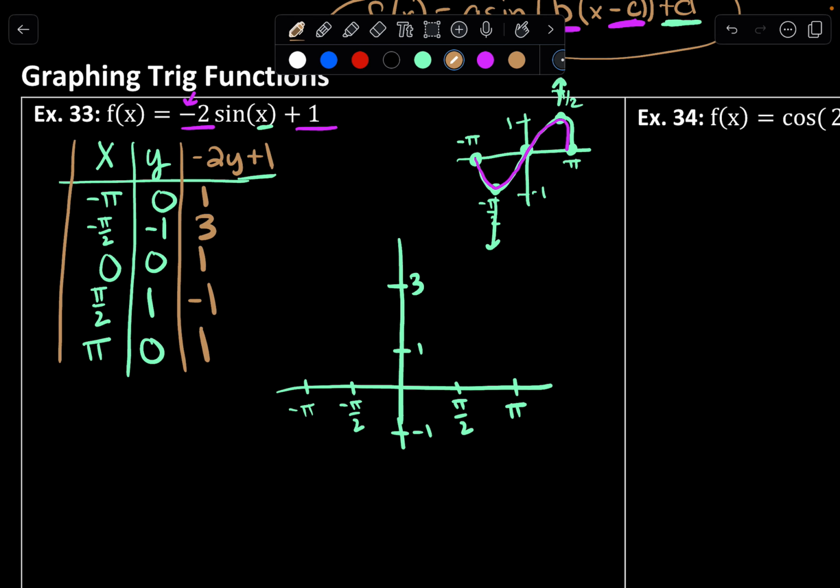All right, so when I sketch this, I have negative pi and 1. And then negative pi over 2 and 3. And then 0, 1. Pi over 2, -1. And pi, 1. And then we'll include the curve in there. So do the best you can to show that concavity, your point of inflection in there within